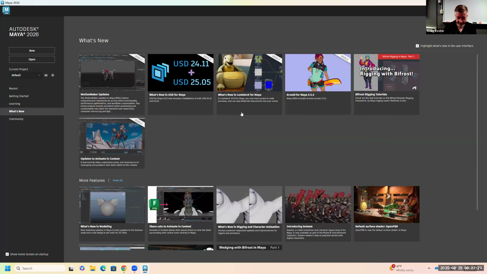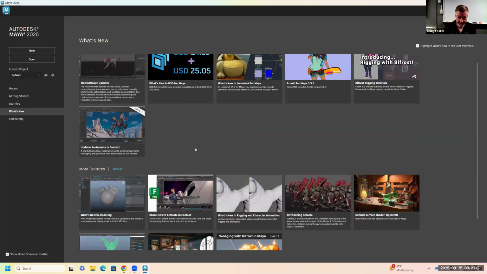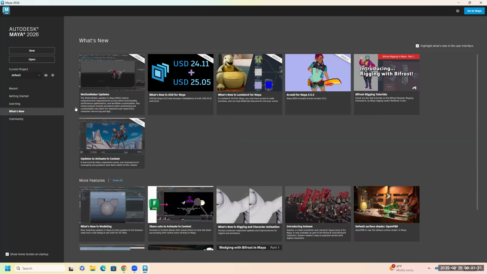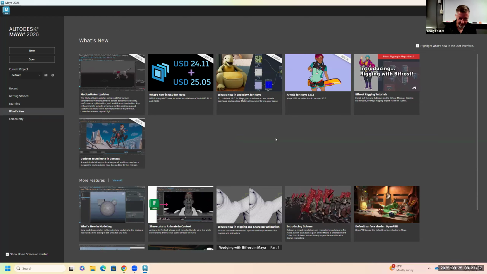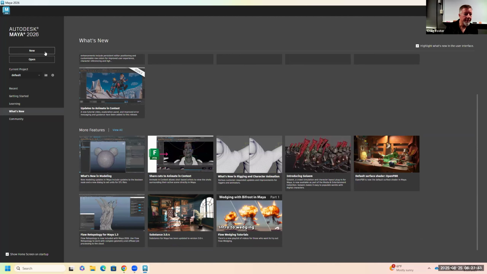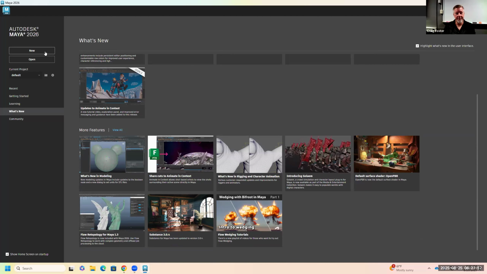When you open the file, you can look at the different things that are new. I haven't had a chance to fully go through here, but I will check everything out and report back as far as if there are any useful tools or anything that's been added that's helpful. Maya has, I'm getting a little echo there. Autodesk has worked pretty hard to